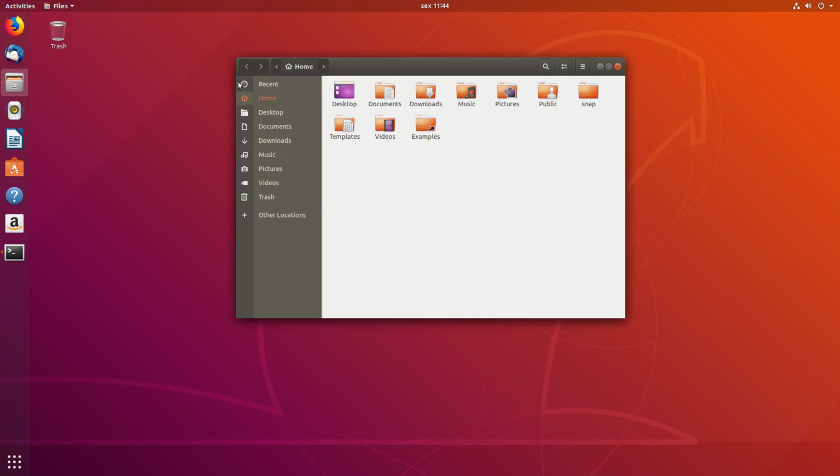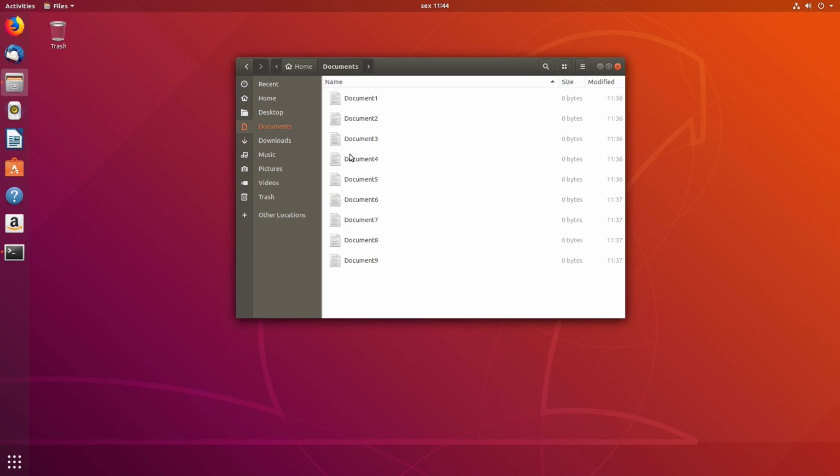What about Nautilus? Well, as you can see, there has been some restyling. Now there's this dark pane over here, which wasn't present before. But crucially, I was expecting to be able to star files and folders into my favorites, which you can now do in GNOME 3.28. However, as you can see, there's no such option in this version of Ubuntu, and I